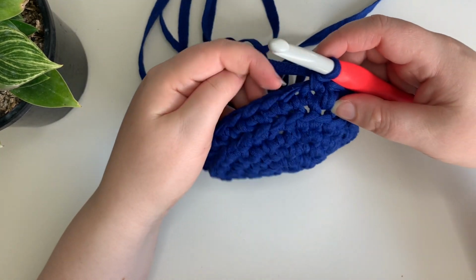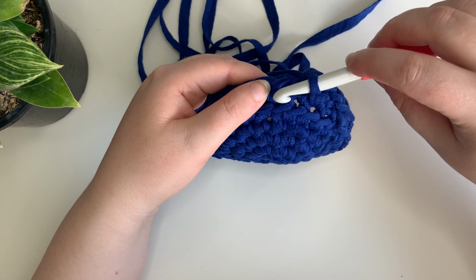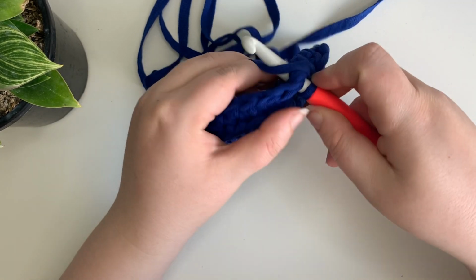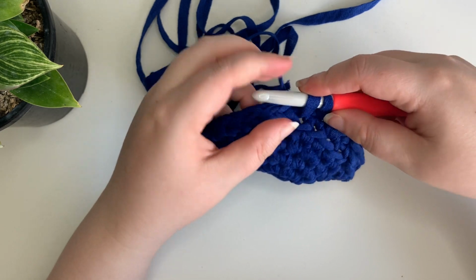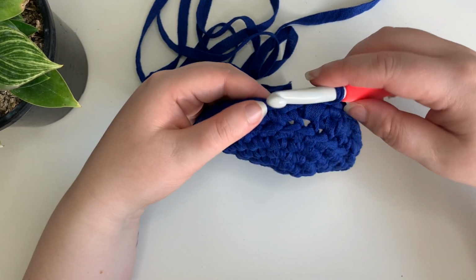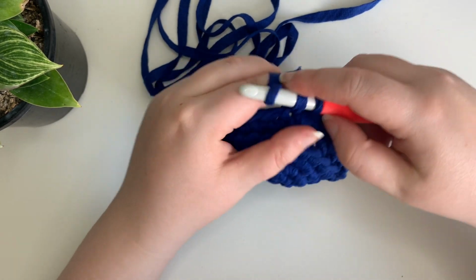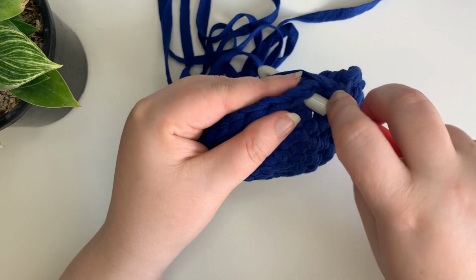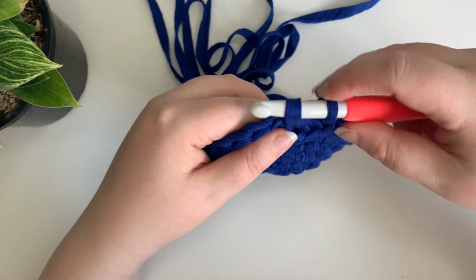And then we're going to skip that post and go into the next stitch because that's technically the next stitch. And we're going to go through and under. Pull up a loop, pull through. So it's just a single crochet but you're going around it. Normal single crochet, and I'll show you one more time. So through, pull up a loop,